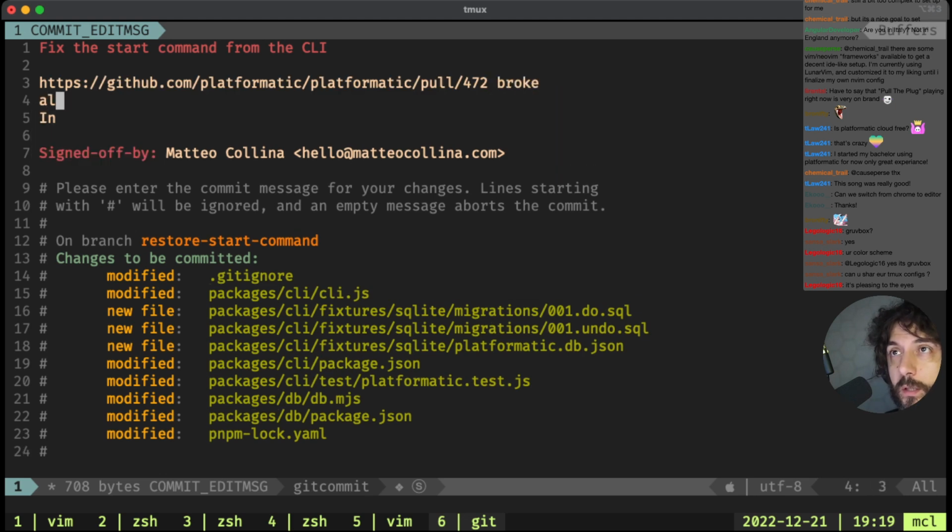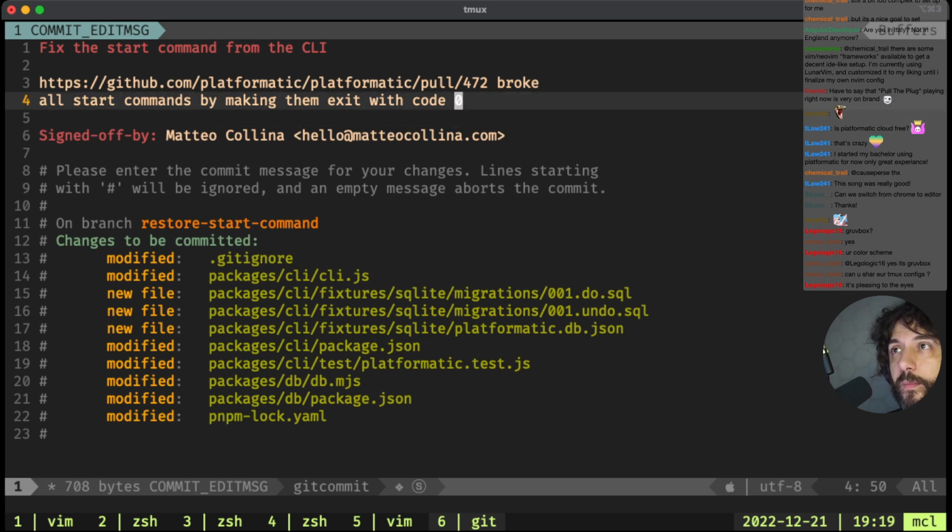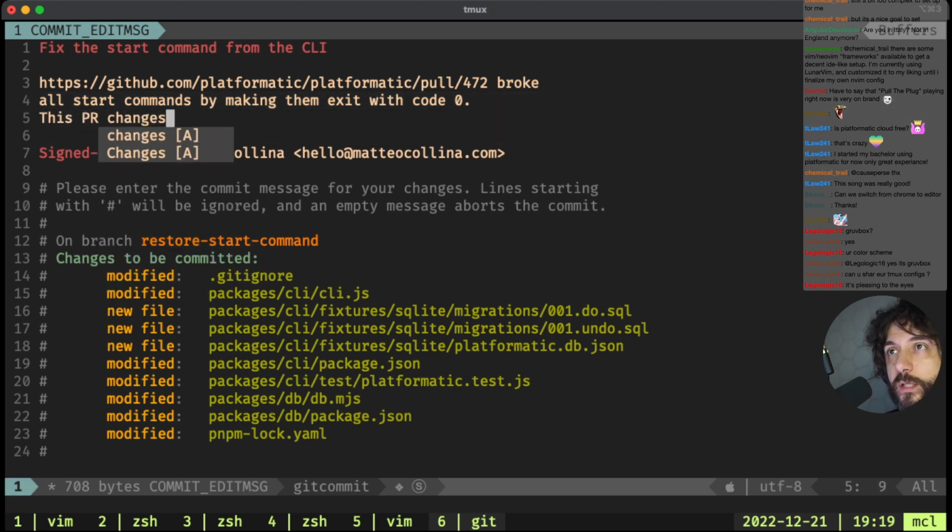Broke all start commands by making them exit with code 0. This PR changes that and adds a test.